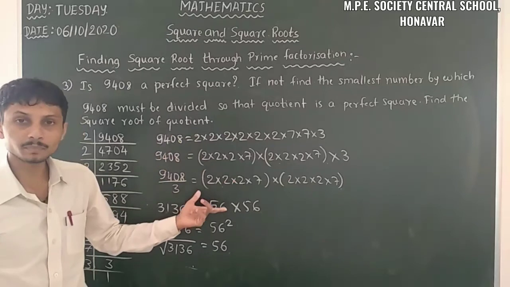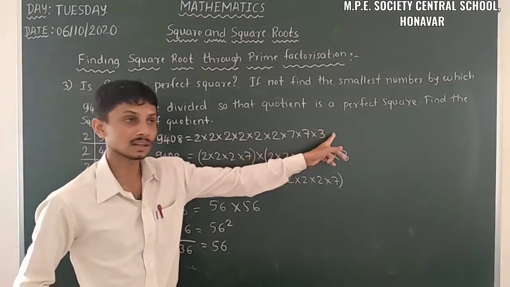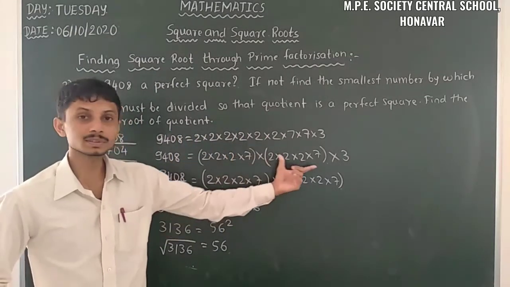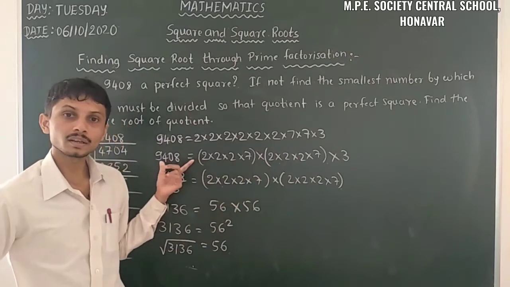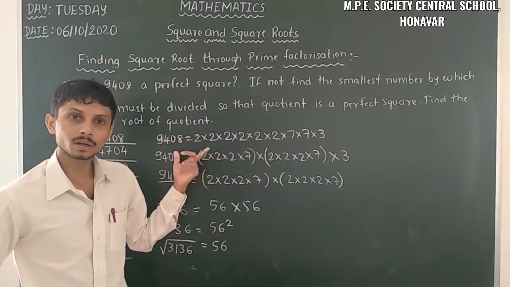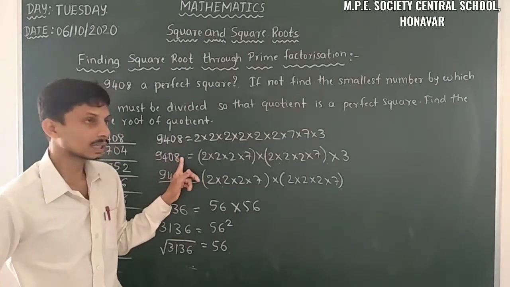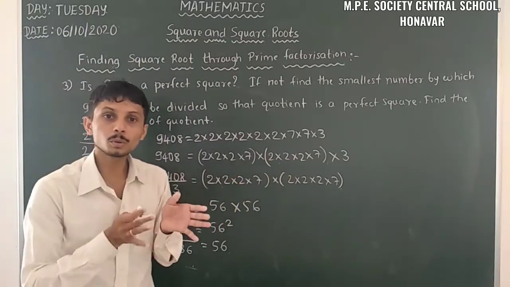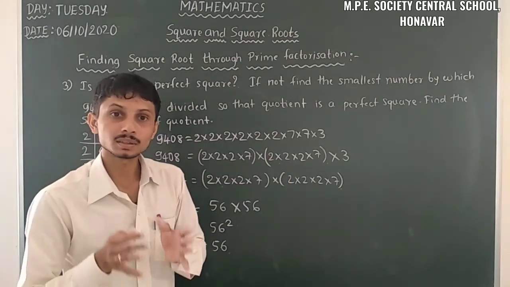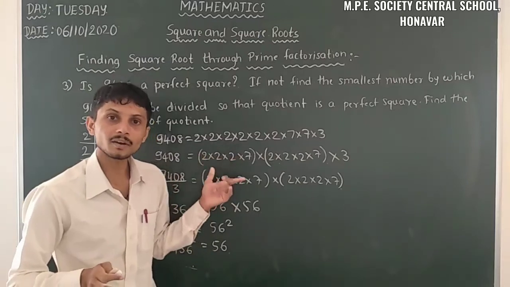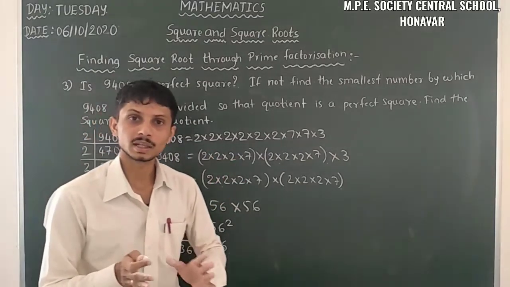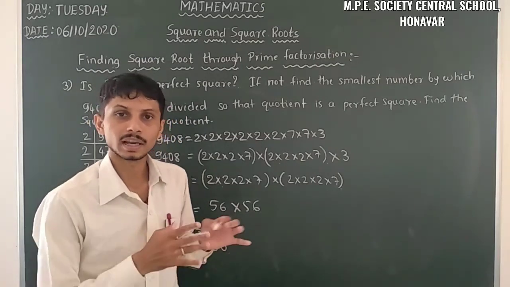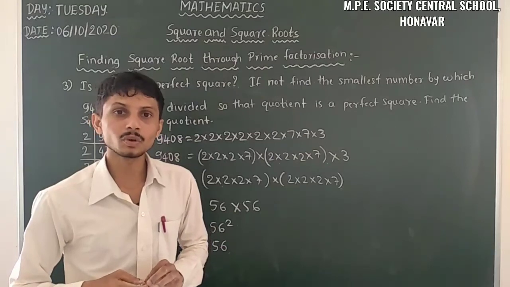But we can multiply also. When we multiply by 3 here, we also have to multiply by 3 on the other side. When we multiply both sides, it becomes two identical groups, and we get a perfect square. So there are two possible ways of finding a perfect square when we have a non-perfect square number. From the prime factorization we can get the perfect square like this. So let us move on to the next problem.